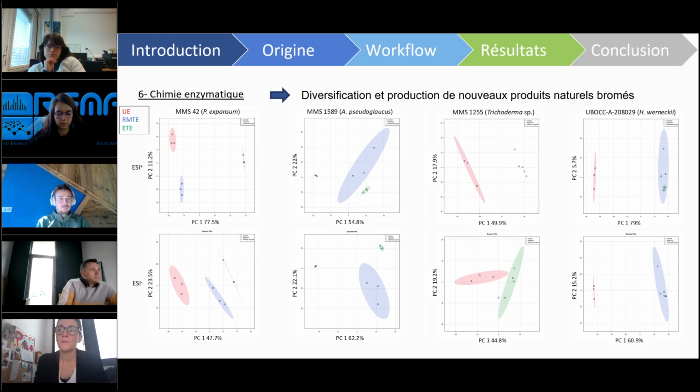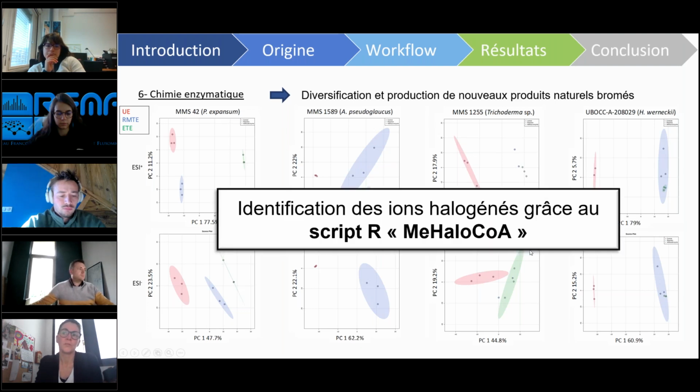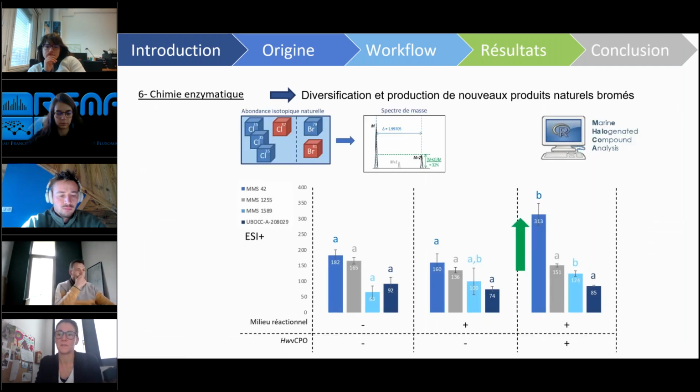So just to show you one of the examples, please next, the one that worked the most, which is Penicillium expansum. Oh, sorry, yes, I forgot this part. We also went a little bit further because only the PCA was not informative enough, and we wanted to make sure that something happened. Did we halogenate something? We did, of course, an analysis with the MiAloqua script that we have developed in the lab.